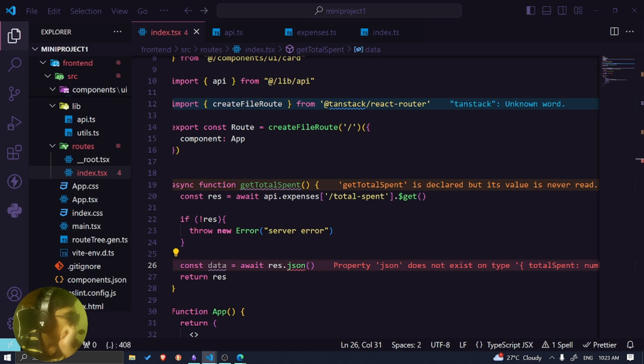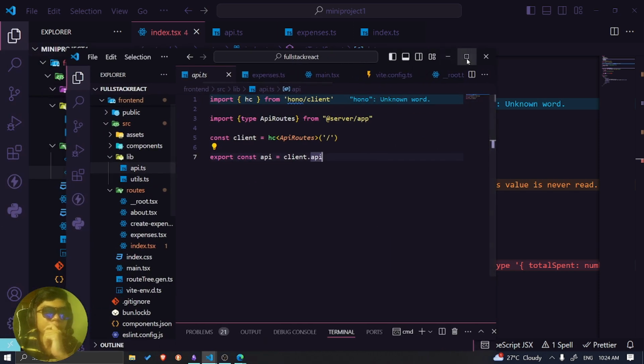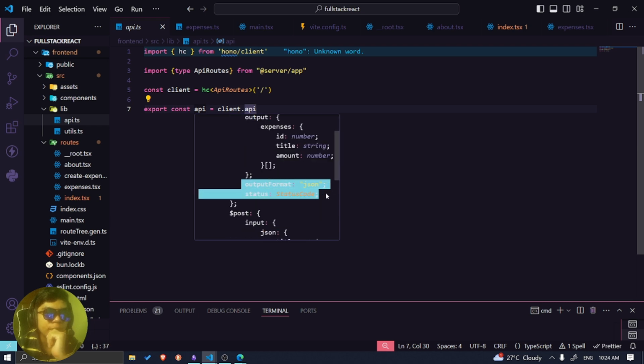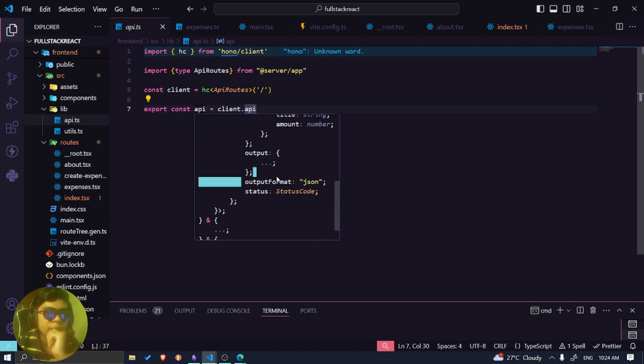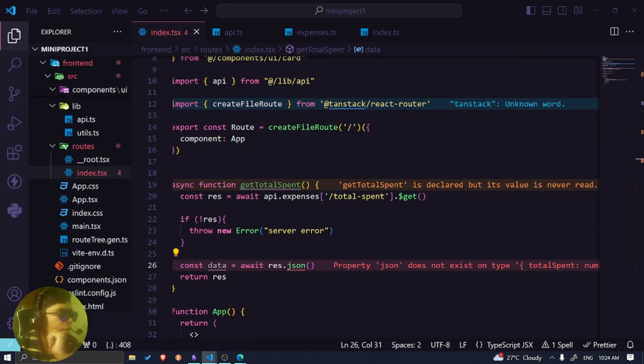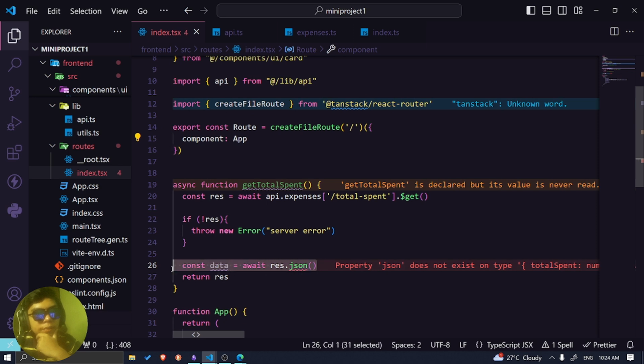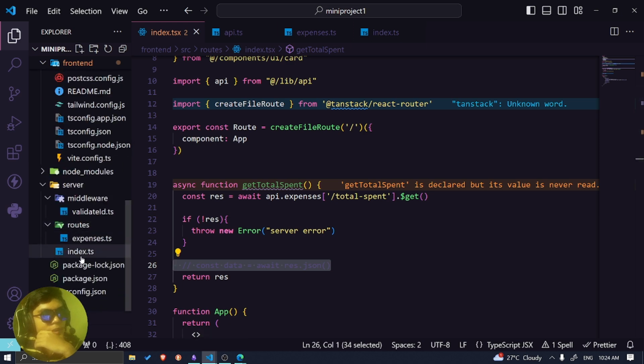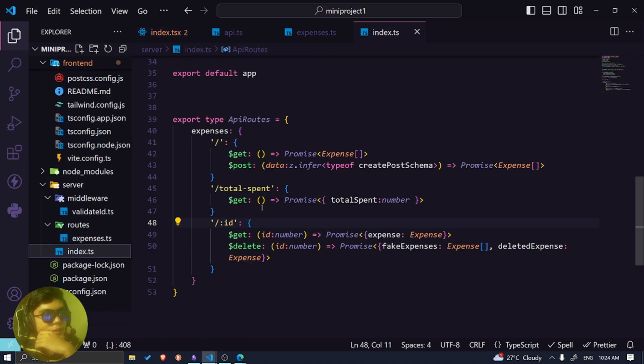Let me check something. If you look at the Bun project, right, I noticed something. You have the output format JSON. So maybe I need to specify that in my backend. So let me try that first. Okay, we just comment this out first, and then you go back to the backend, the server. So let's try